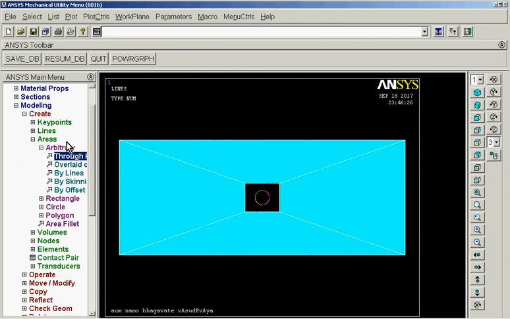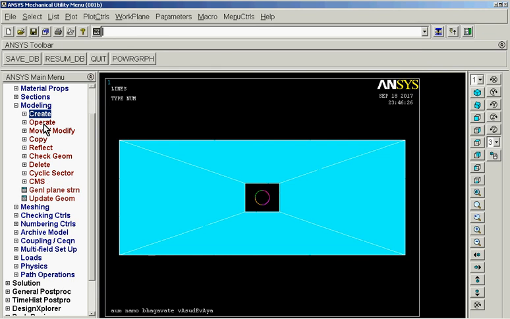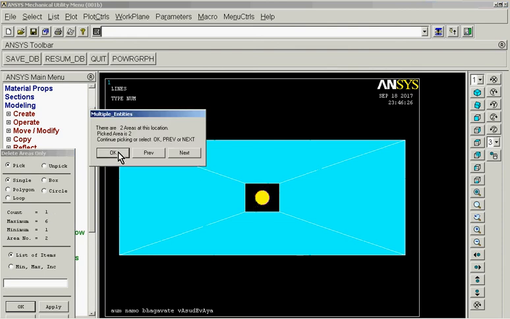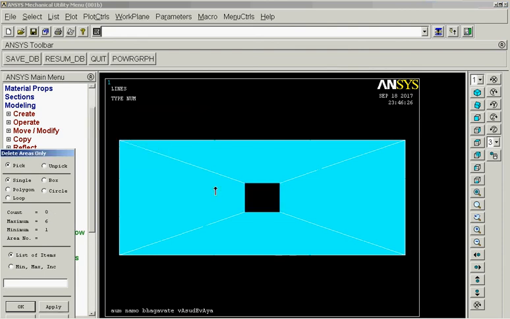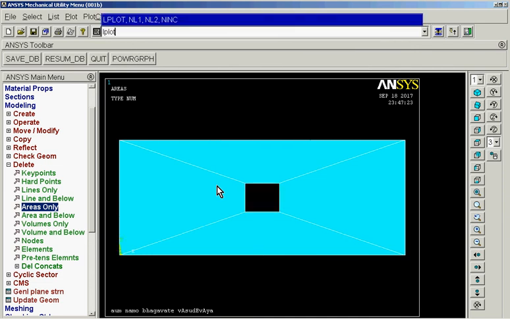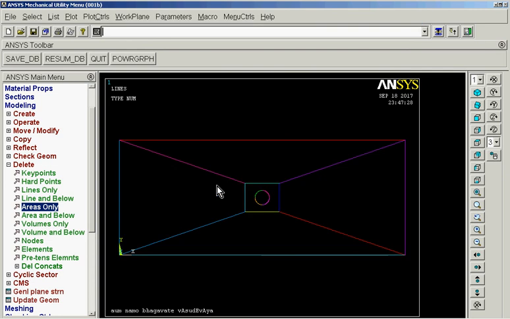Okay, now all I need to do is go ahead and delete the inner ones as well, areas only, and this one also I'm going to delete, and this one is also going to be deleted. So when I write the a plot, now is all that is visible. However, when I write the l plot, which is display line options, I still have the inner rectangle and inner